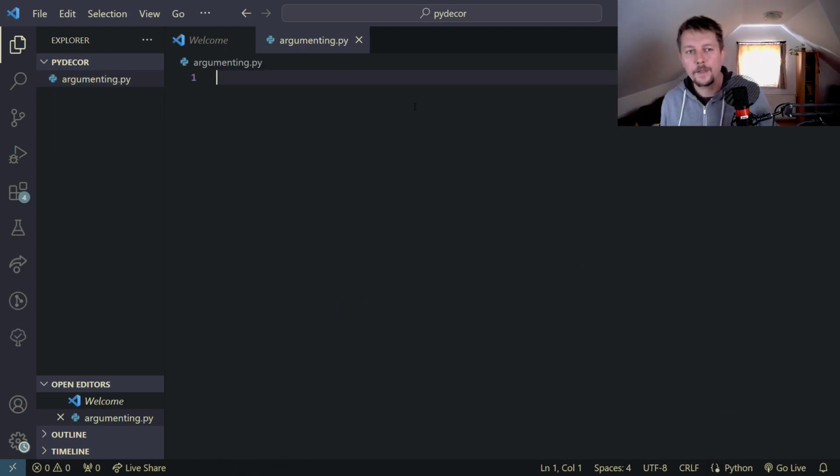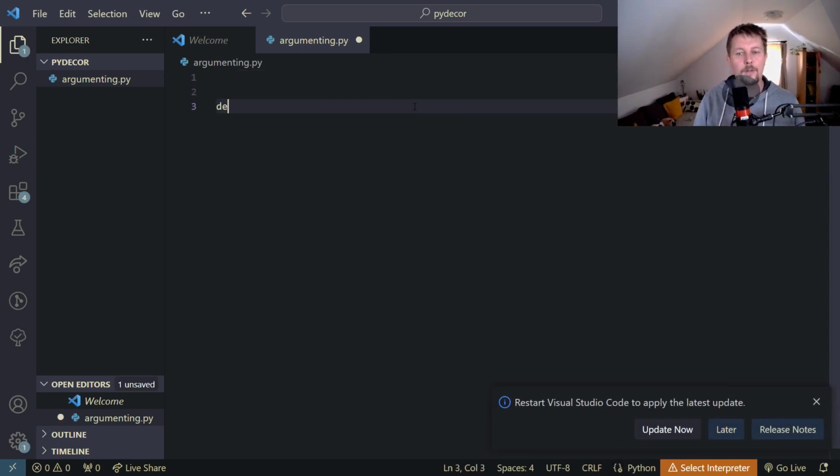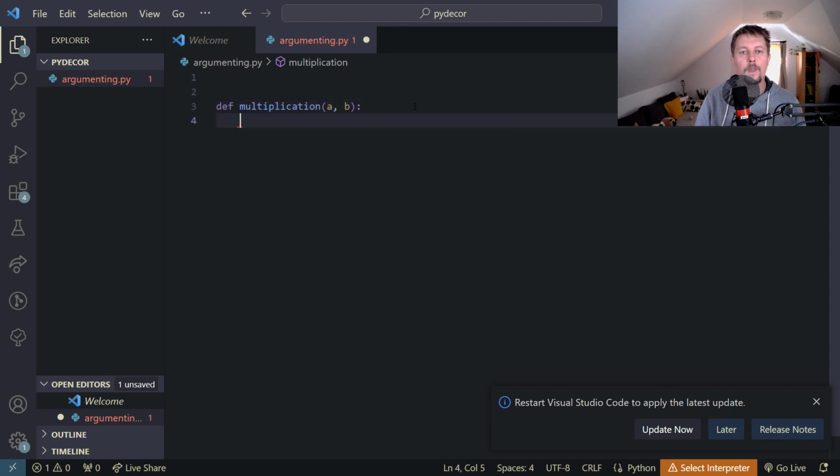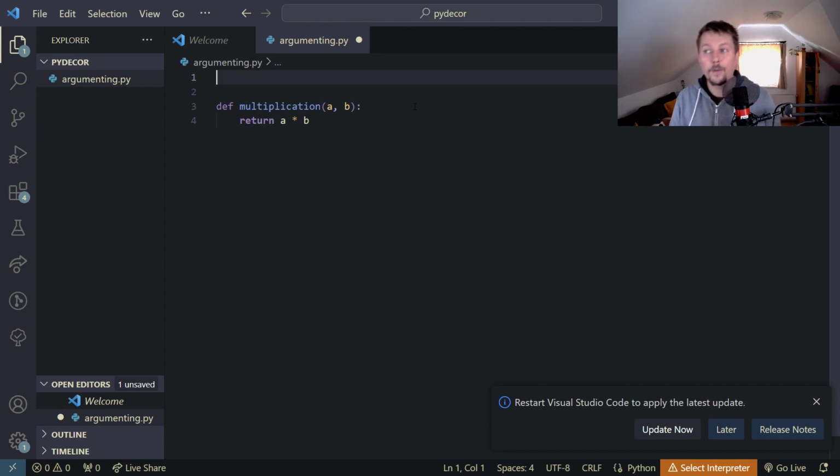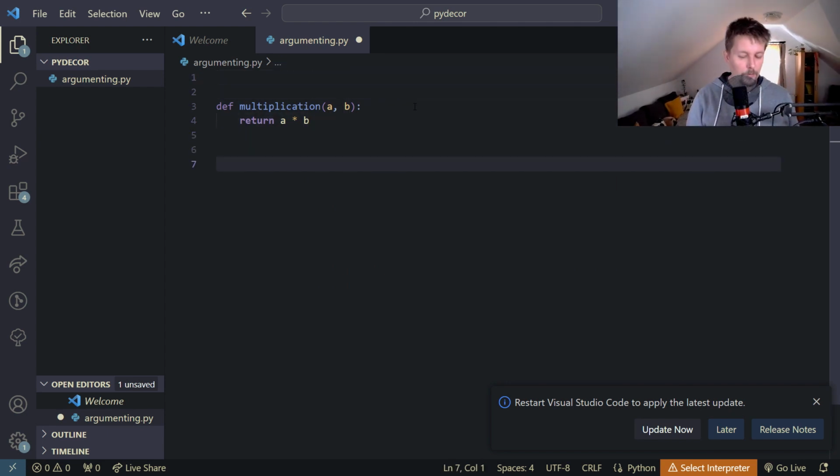Let's say that our function looks like this. So let's call this multiplication. And basically it takes two numbers and returns the product or the multiplied value, so to speak. So if I go ahead and use an f string to print out the variables, a multiplied by b is equal to,